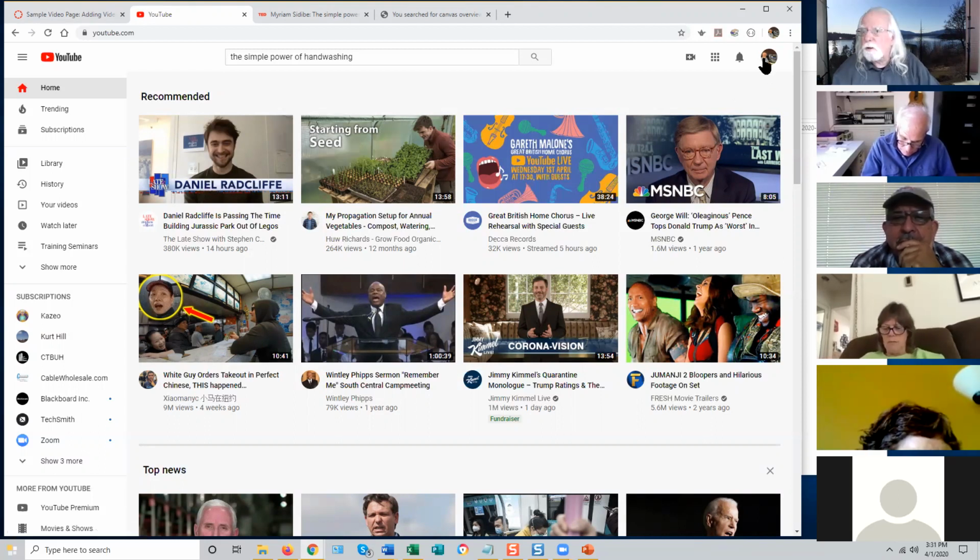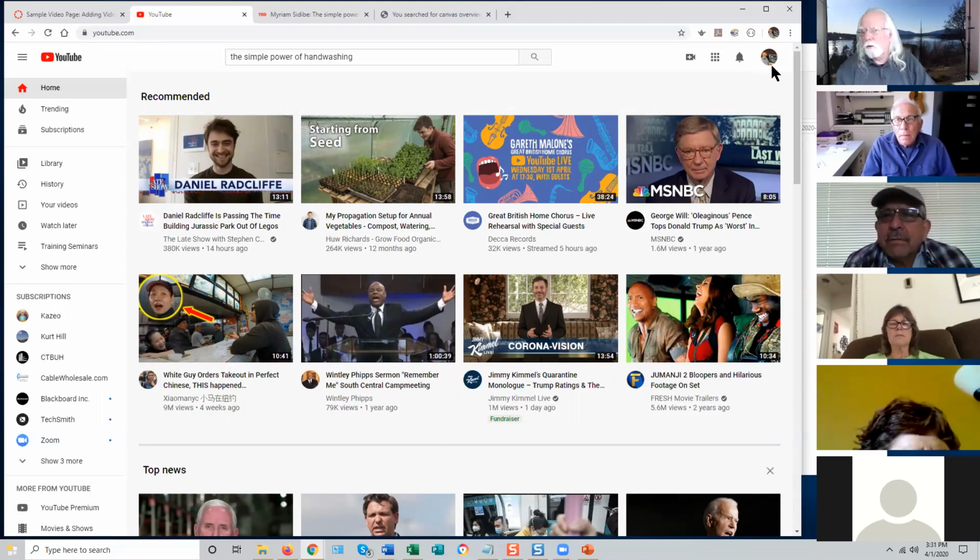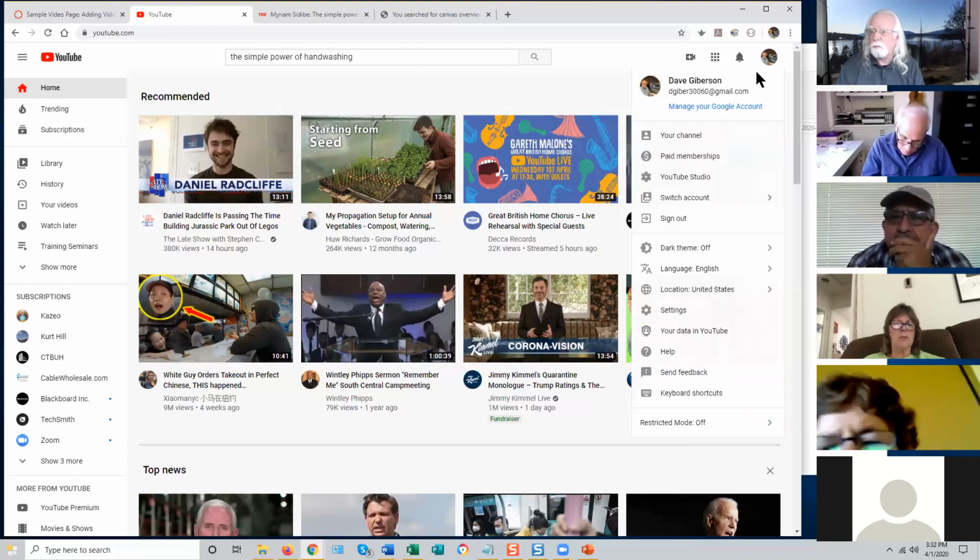You'll be able to tell if you're logged into your Google account. When you go to the YouTube homepage, you'll see a little circle in the upper right-hand corner of the window here, which if you've uploaded a profile picture to your Google account, you'll see yourself there. If not, you'll just see a little silhouette. But if you see that circle with either the picture or the silhouette in it, you're logged into YouTube through your Google account. If you're not, there'll be a link there to sign in. But I'm signed in, so if I just click on myself there, or on the silhouette,